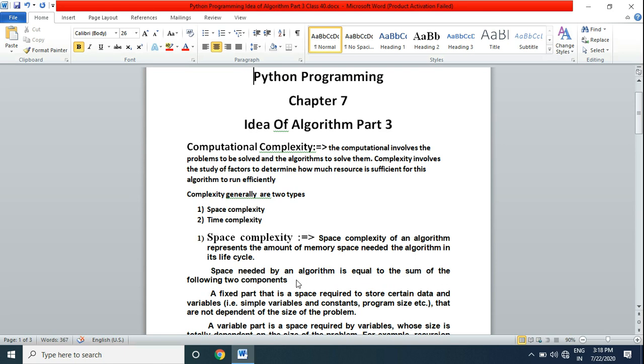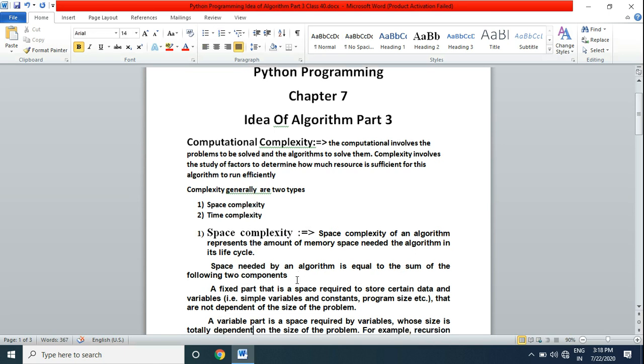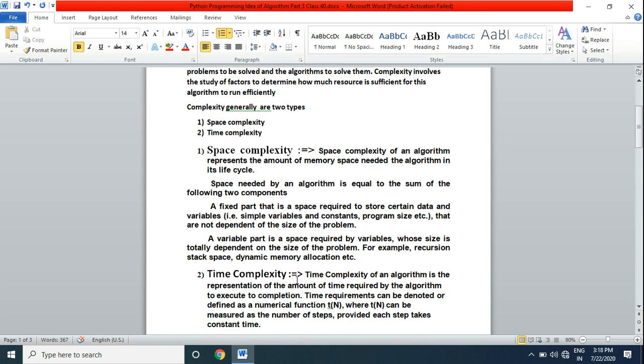So if you want to calculate how much space is needed by an algorithm, there are two parts. First is a fixed part, that is the space required to store certain data and variables, simple variables, constants and program, that are not dependent on the size of the problem. Our program has many variables, constants and other things; this is known as the fixed part.